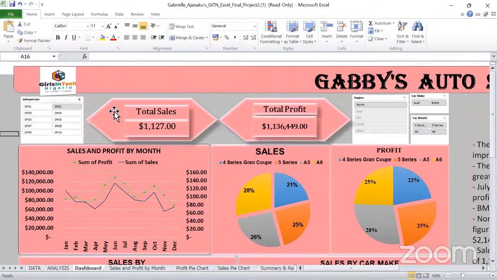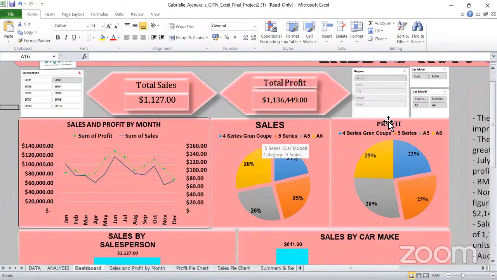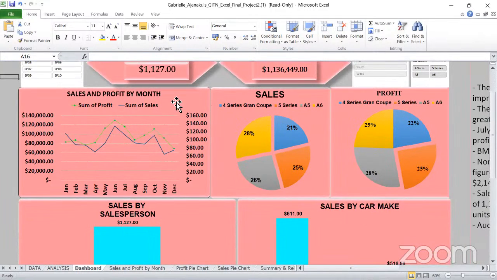The total sales for Gabby's auto shop was $1,127, and the total profit that was made was $1,136,449. So I have my best salesperson,